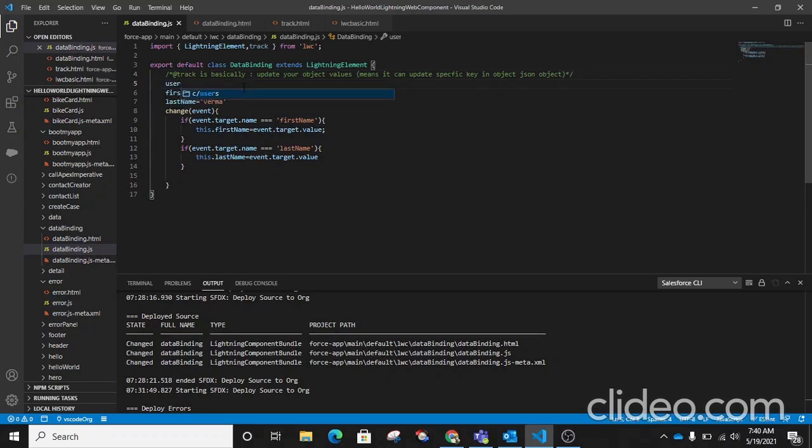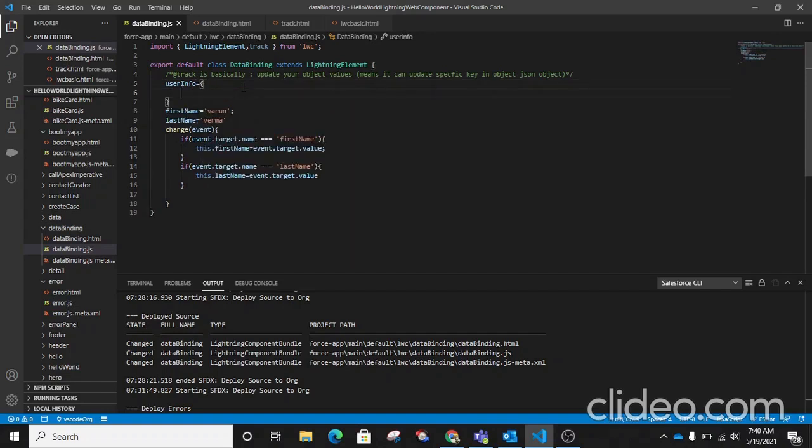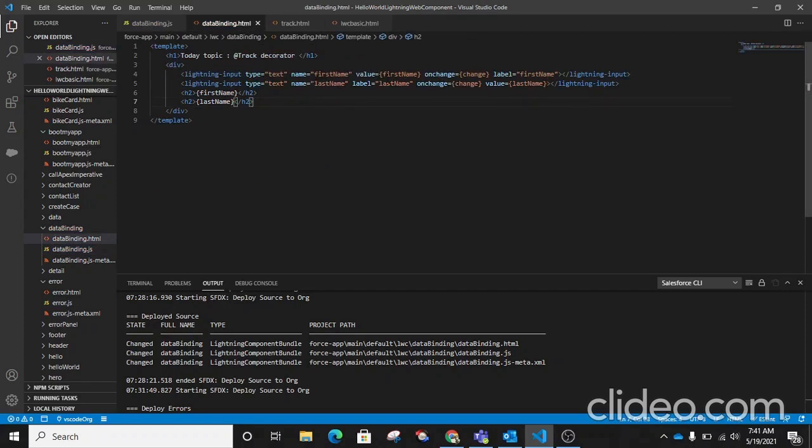Now I am using first name and last name here, and I am also changing the HTML: user info dot first name, and also user info dot last name.